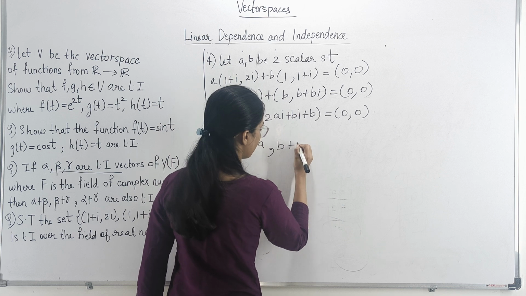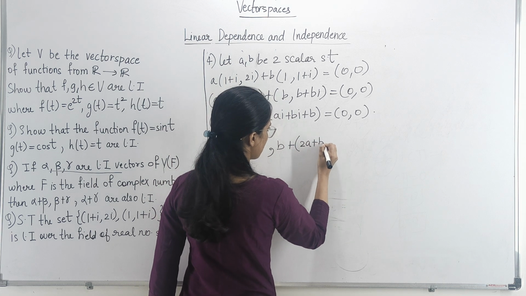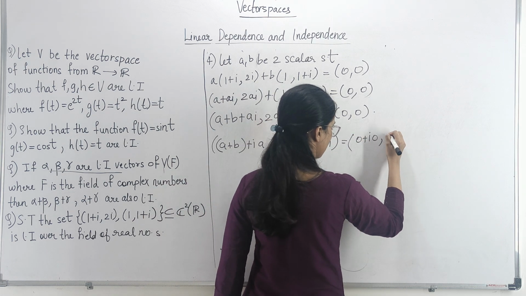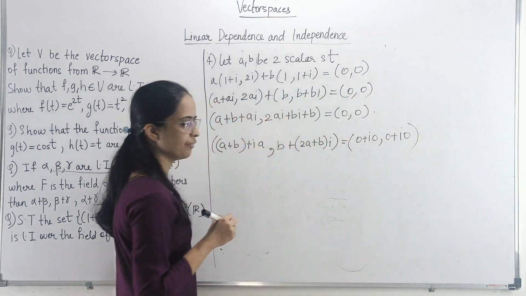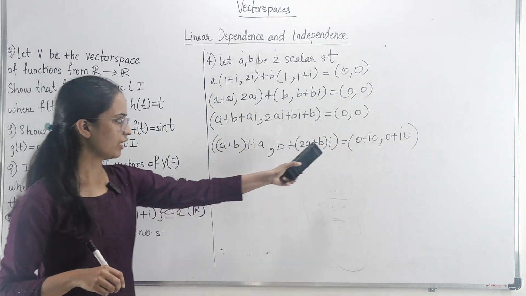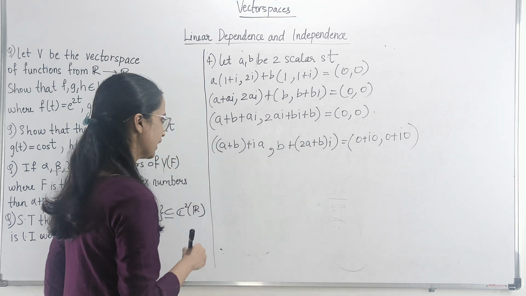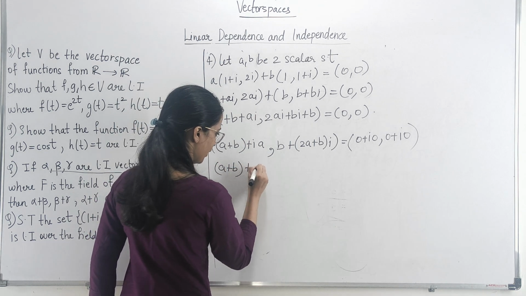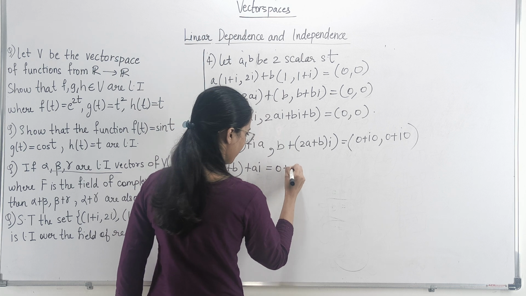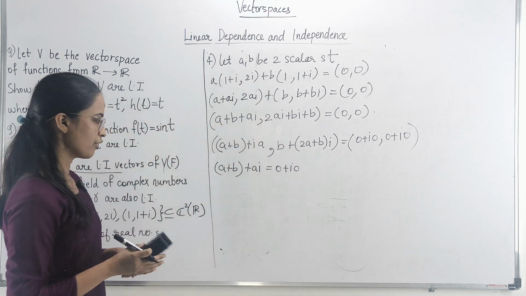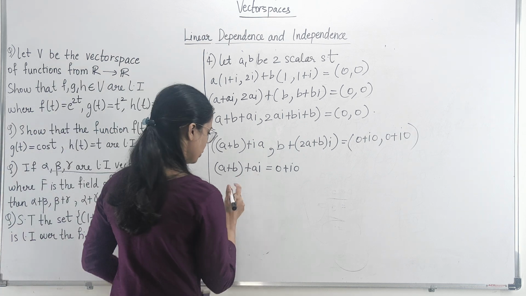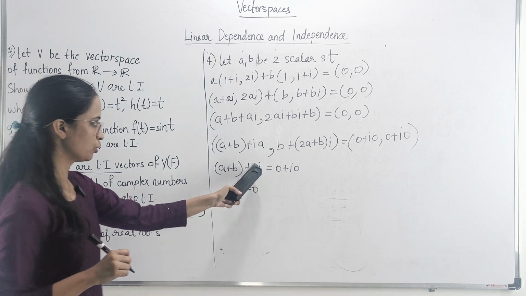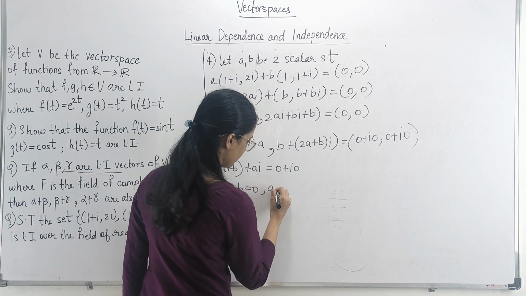Now here you have to be very careful. It becomes 2a plus b i equals to, now I will write this also in terms of complex numbers only because I am supposed to equate both the sides. Okay, so now component-wise we will equate the coordinates and write that the first component turns out to be a plus b plus ai equals to 0 plus i0. So from here if you see I get a plus b equals to 0, and similarly I get a equals to 0.